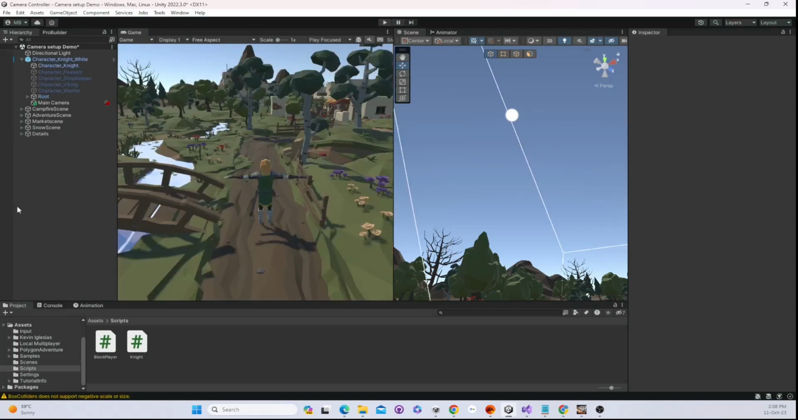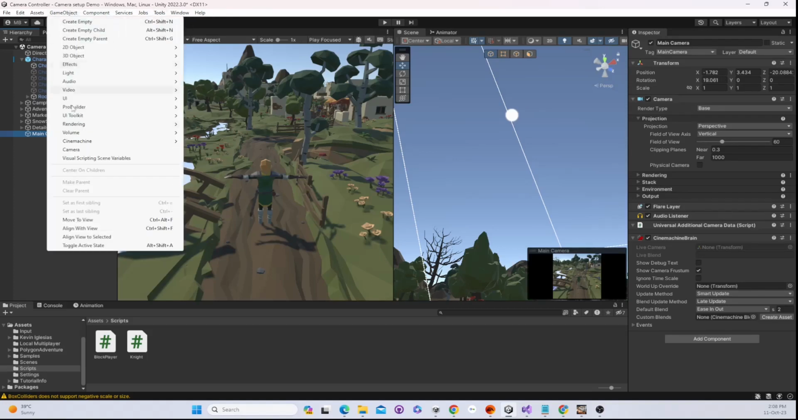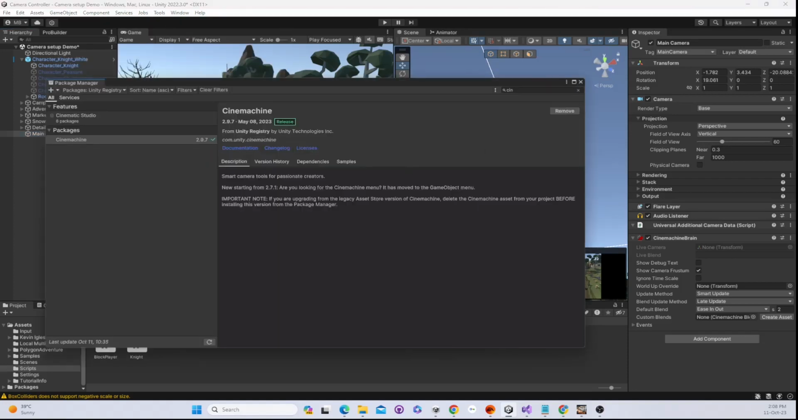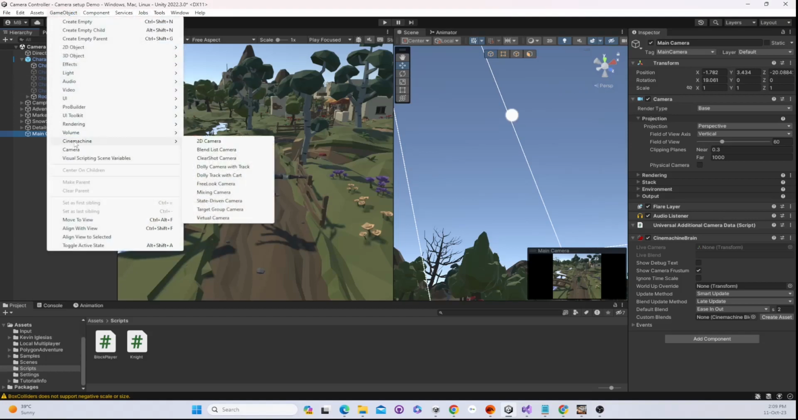Now, firstly, let's solve the problem of obstacles. First, let's take our camera, move it out of the way. Then we'll go to Game Objects and Cinemachine. If you don't have Cinemachine, you can go to your package manager, select the Unity package registry, type Cinemachine and install it. Since we have Cinemachine, we're just going to go Game Object, Cinemachine, and what we want today is a Clearshot